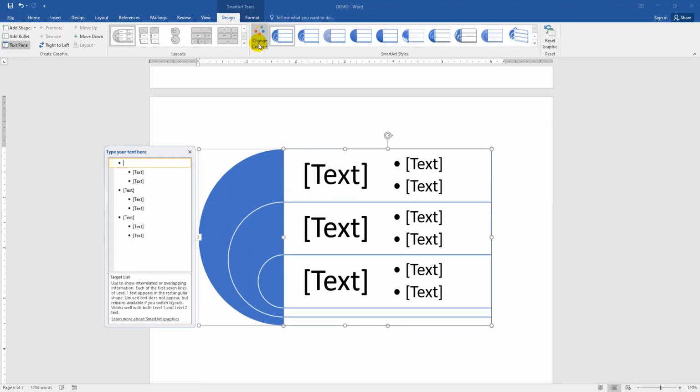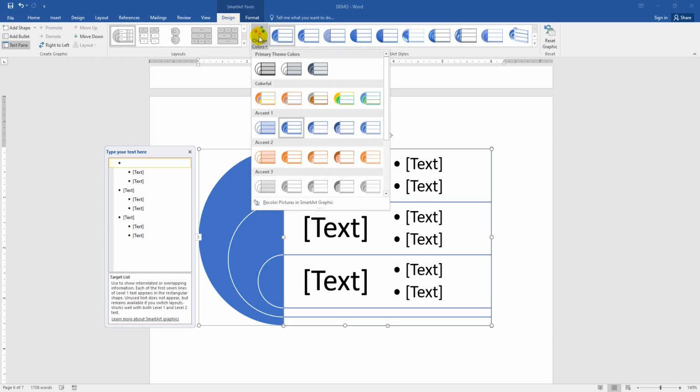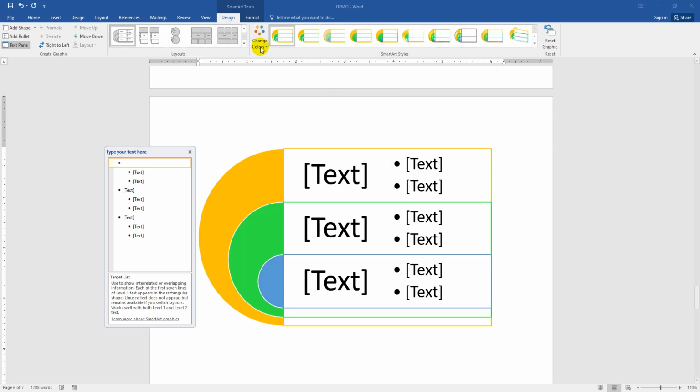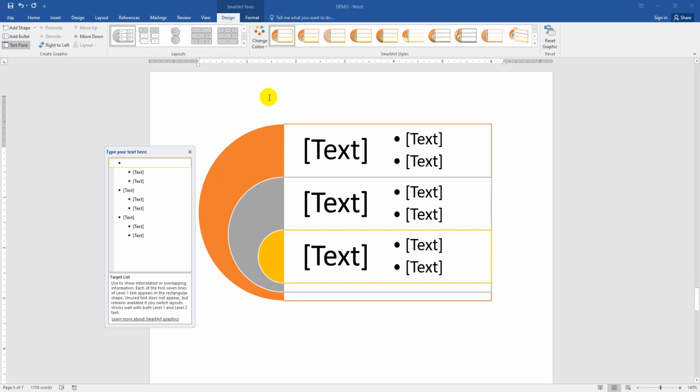You can change the color. Obviously, select the SmartArt, then go to the Design menu, select the Change Colors option. You can choose any color. Now I am selecting the color. Otherwise, you can choose another color. Now you want to change the SmartArt effect